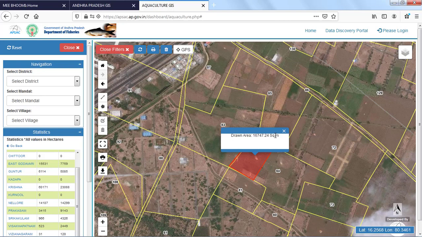This website can be accessed only in some limited districts, whereas the Me Bhoomi website can be accessed in every district. So this is how we can find out the current survey number. Make sure that we click on GPS, then only it shows our current location. This is how we can find out the current survey number with the help of these two websites, but it is not exact, it gives us a reference.